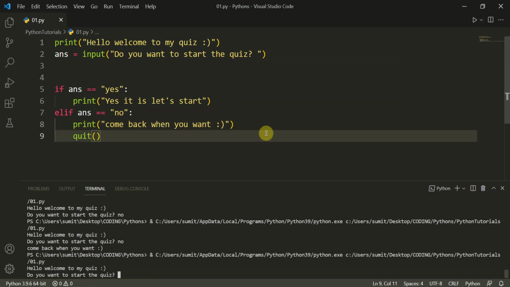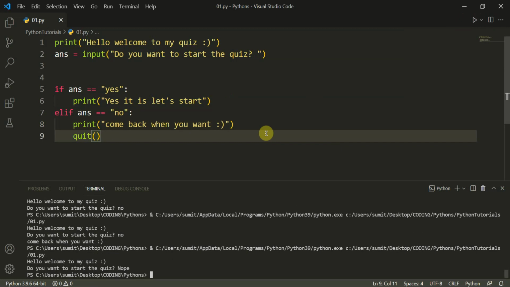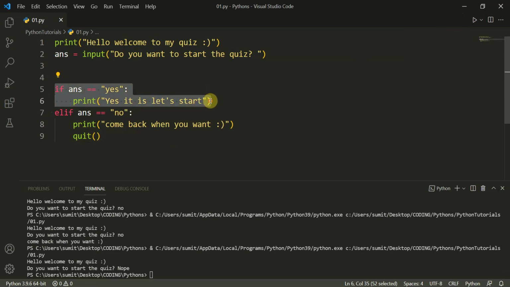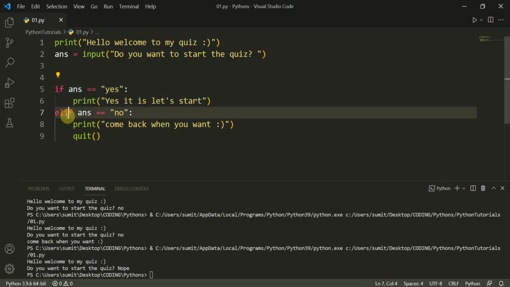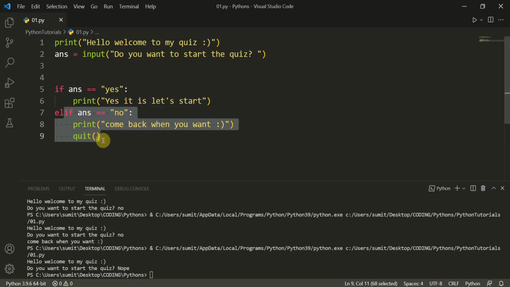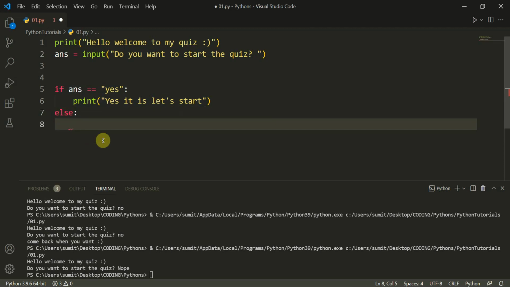But what if they type in something else? Nothing happens because we have given the condition of no. So we don't want to give any conditions. We just want a yes from the user. We don't care about anything they do. So we just type in yes, and we don't need else if here. We need else. So if the answer is yes, then we print. If answer is anything rather than yes, then we just print